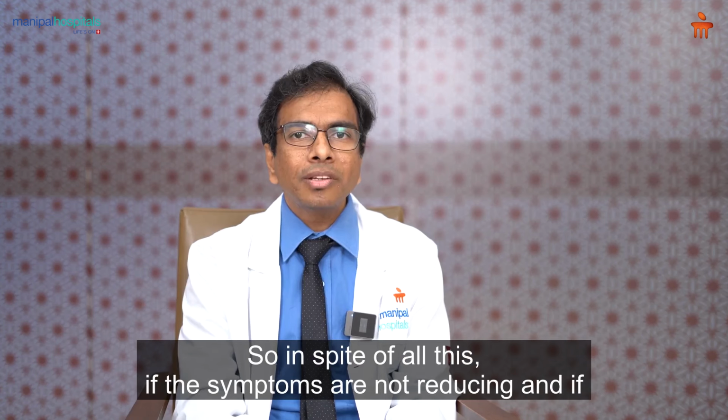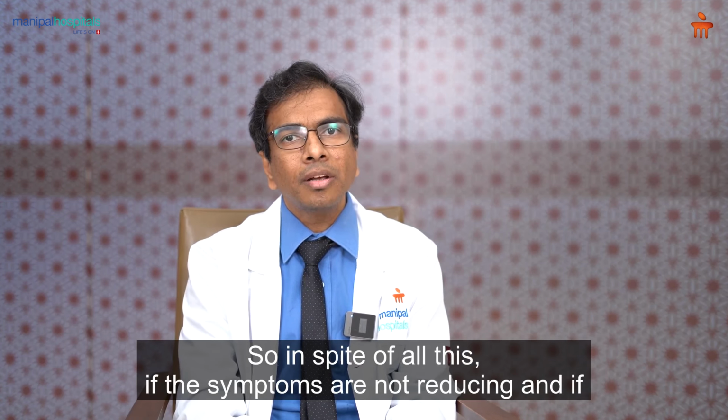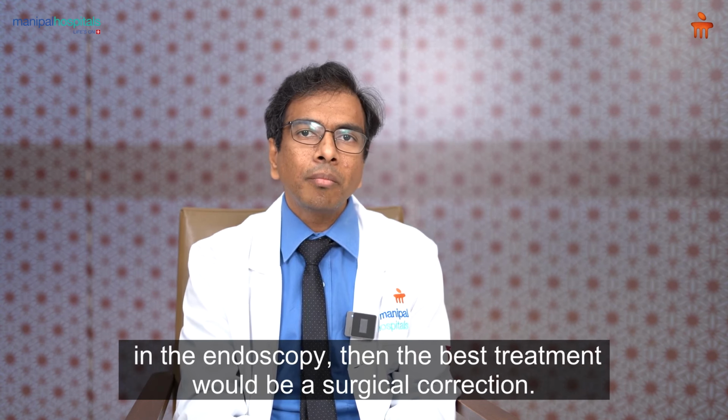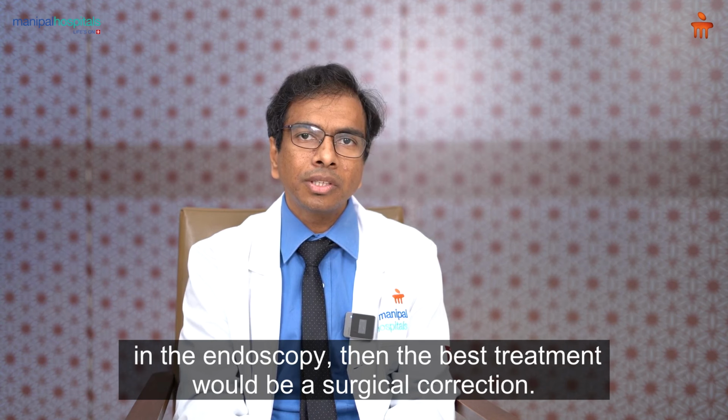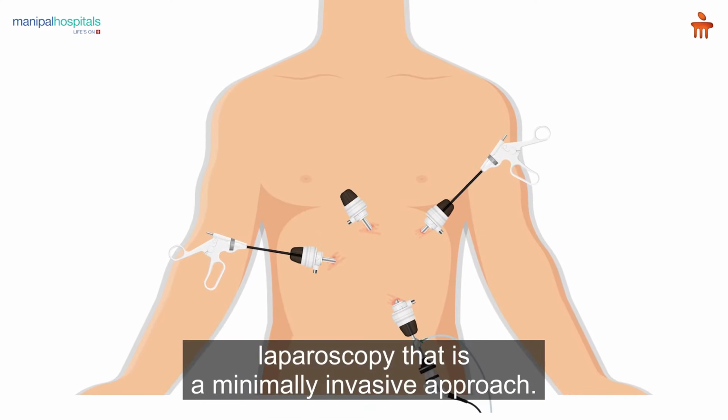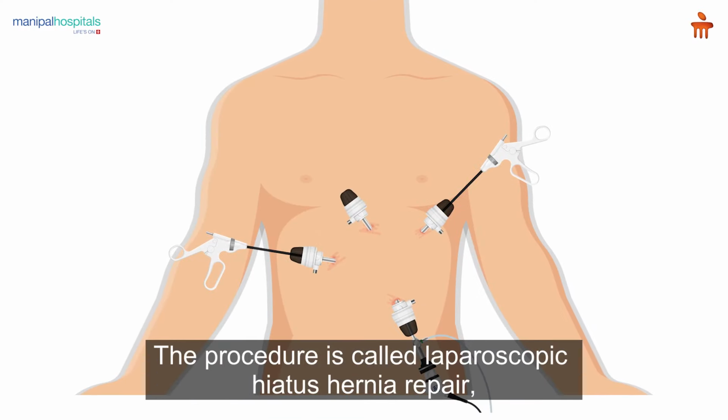In spite of all this, if the symptoms are not reducing, and if we have documented significant acid reflux on the manometry and the endoscopy, then the best treatment would be surgical correction. Nowadays we perform the surgical correction laparoscopically, that is a minimally invasive approach. The procedure is called laparoscopic hiatus hernia repair with a